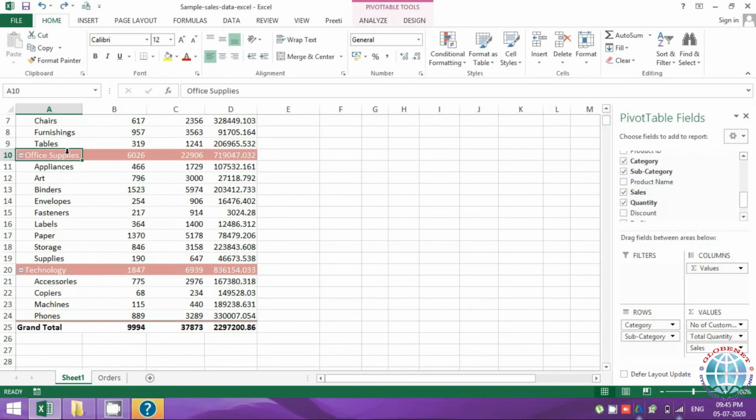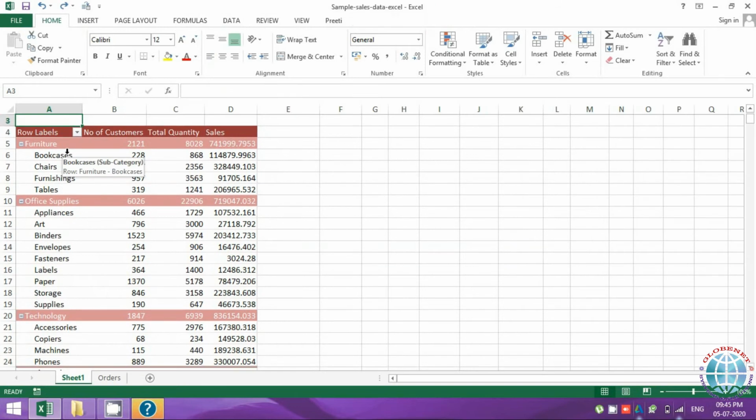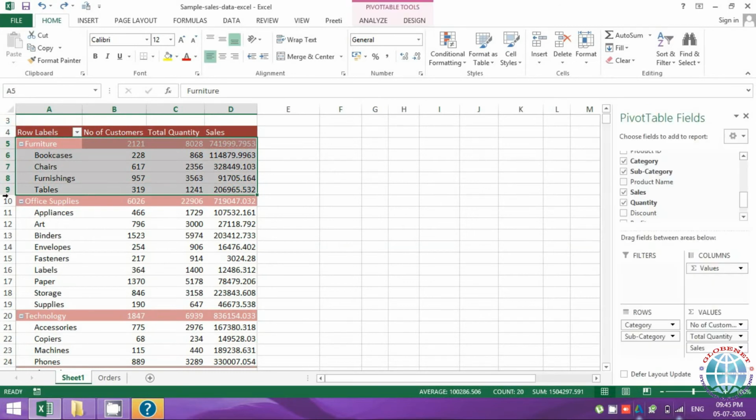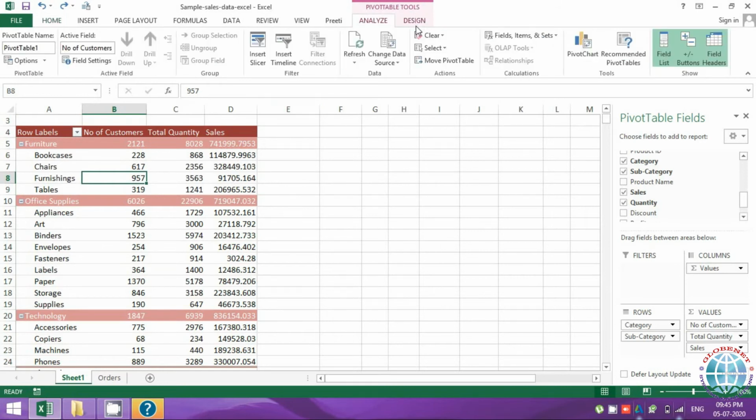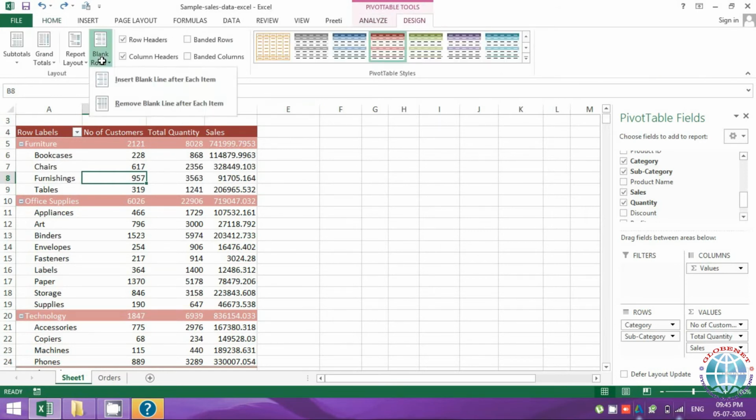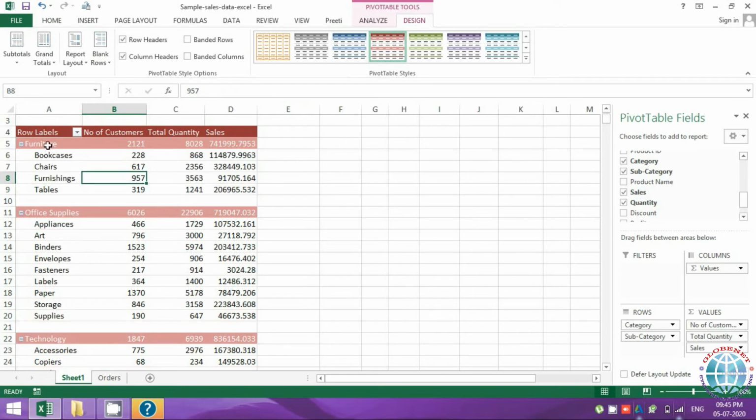Let's say you still want to create some separate groups, like this is one group and you want to separate it out, you want a blank row after each of these groups. You have an option for it. You go to the design tab and go to the option Blank Rows, Insert Blank Line after Each Item. So item is this entire group, this entire section here in rows becomes one item. So you get a blank row after each item. If you notice, I have a blank row after each section. Let me scroll down to show you till the end.